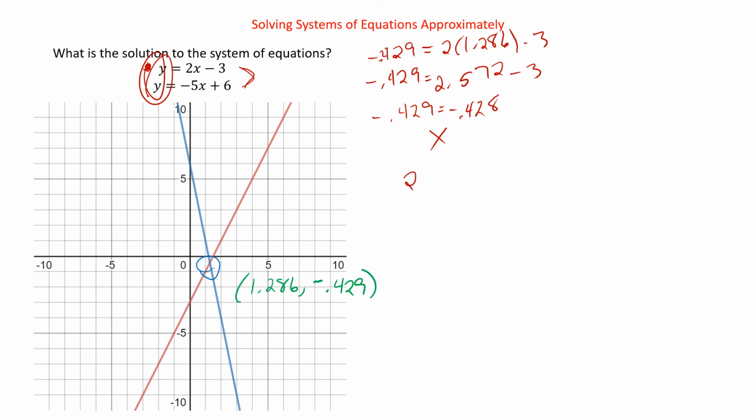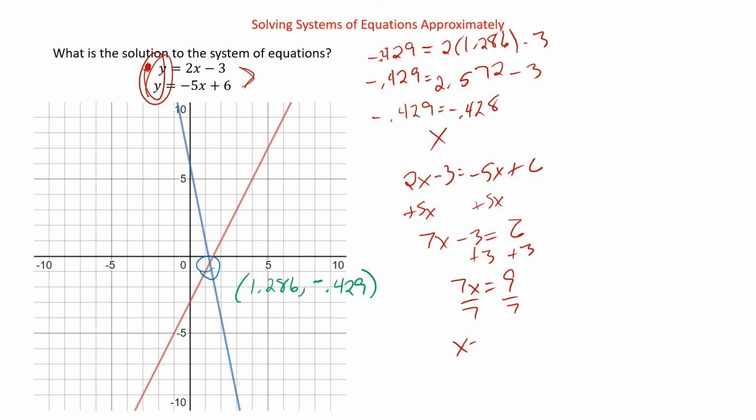It does. So we get 2x minus 3 has to equal negative 5x plus 6. We can solve for x. We can add a 5x over to get 7x minus 3 equals 6. We can add 3 now to get 7x equals 9. Divide by 7, x equals